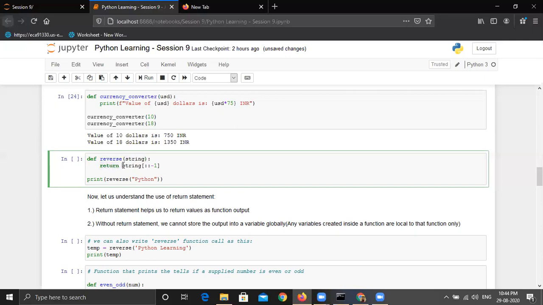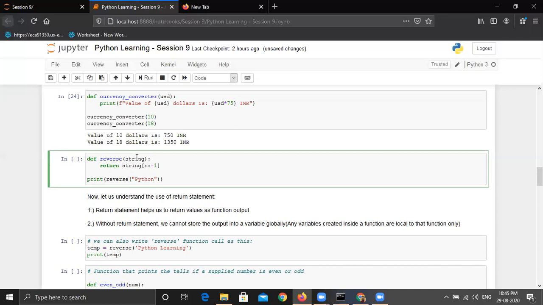This is a very crucial concept. If you are working on functions, you should know the purpose of the return statement. If you don't know how return is used, you will face so many problems while working on Python. So let's focus on this return statement. How does it work, what are the implications if we don't use it, and how we have to use it so that we can get benefit from it.